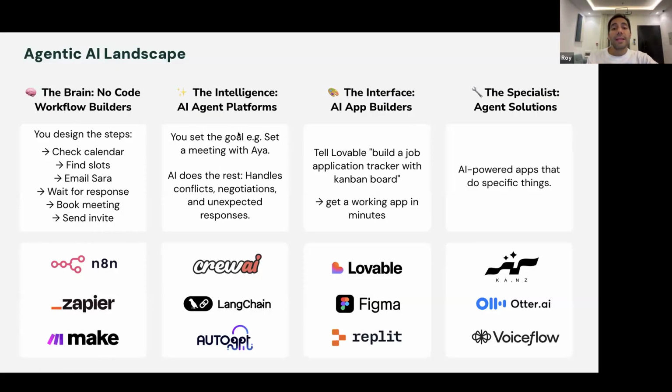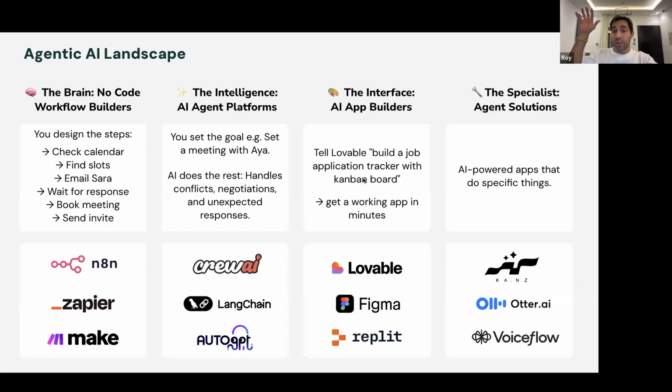You can have it just an AI-based one. So you set the goal, do this for me, and it will do all the rest. Like, I don't know if anyone saw the Sundar Pichai demo 5 years ago at Google's main thing, and it said, book a table for two at this particular restaurant. And it did all that. It did the conversation.